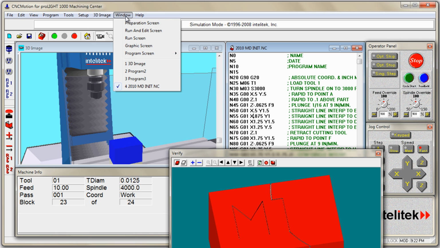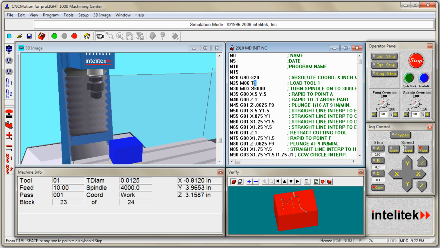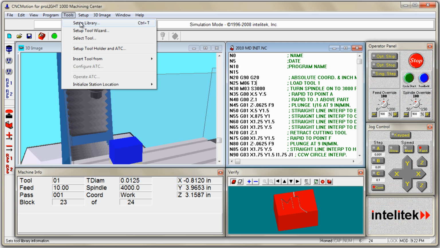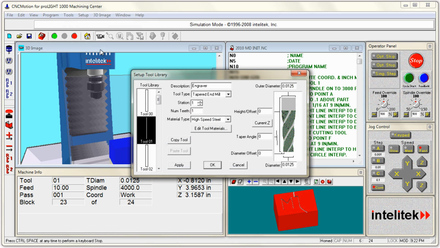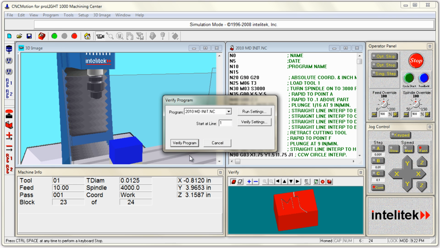Another problem that I have, and this is getting kind of messy now, so what I'm going to do is I'm going to say Window, Run and Edit, pop everything back where it belongs, and notice I'm using tool 1. It's a very, very tiny tool. You can't even see it here. It's a 1/16th tool, if you remember correctly. I can also go in here and change that now to say tool 3, which I know is a 1/8 inch end mill. If I go to Tools and set up my library, I look and I see tool 3 is an 1/8 inch ball mill. I can now say OK, and if I verify it, let's see what happens,